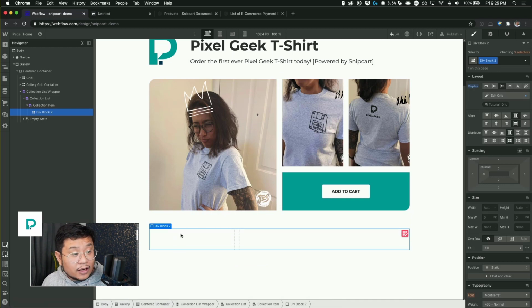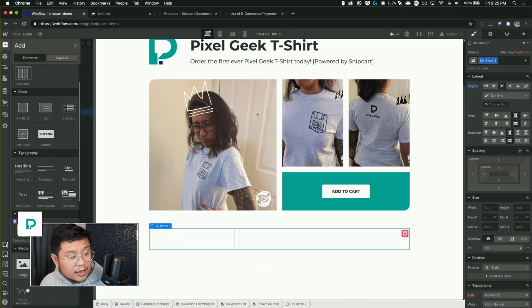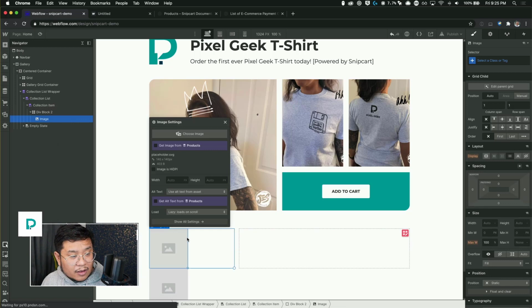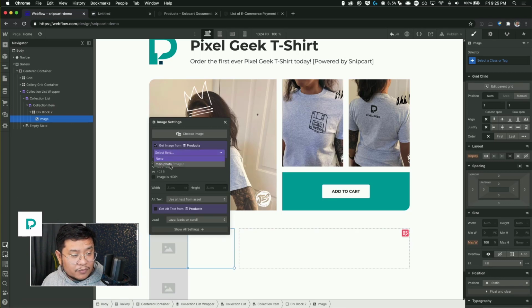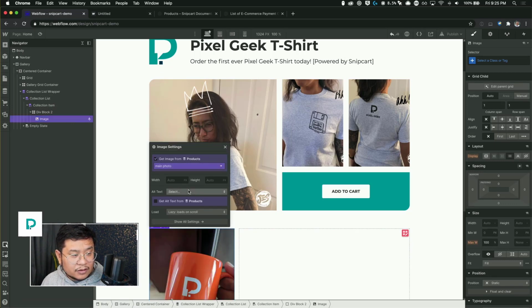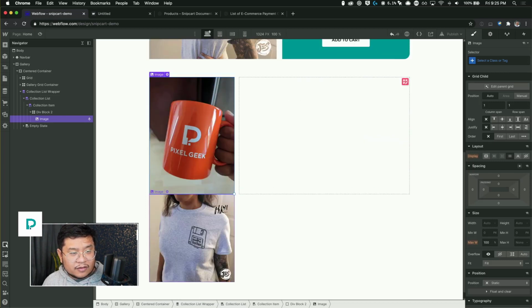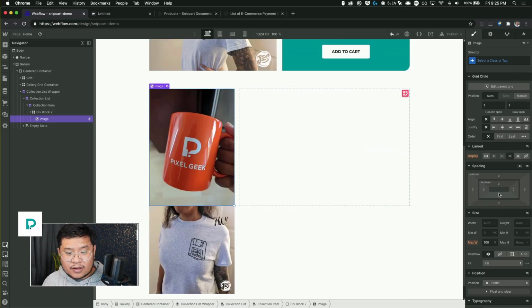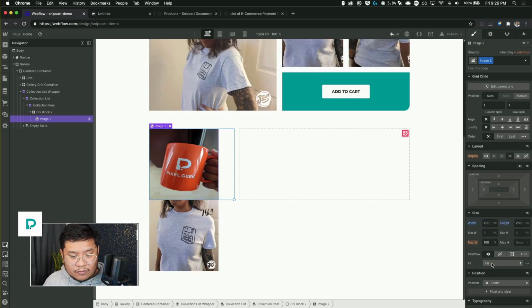And let's drag in an image and pull that image from the main photo. Alt text is going to be pulled from the name. There we go. Let's style this a bit. Let's say the width and height are even. And we'll set that to cover.